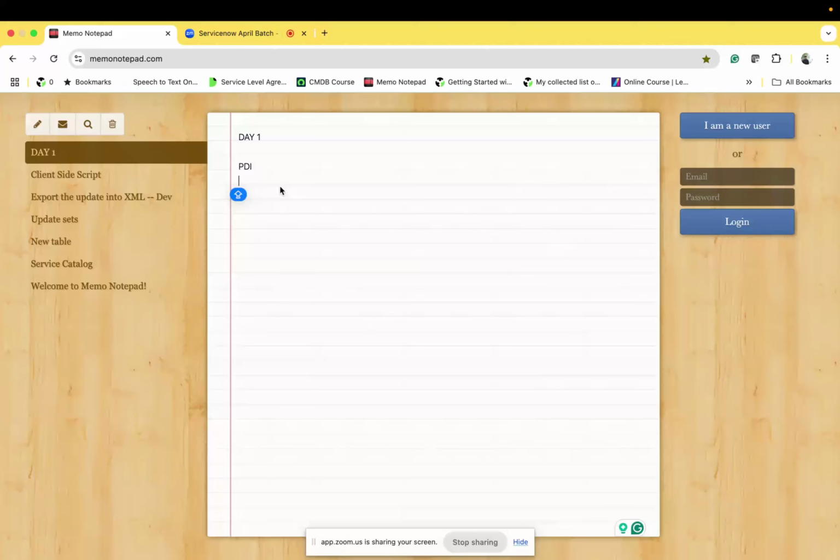So to create a PDI, first we require one Gmail account. I hope everybody has a Gmail account. A Gmail account is enough to create a personal developer instance. Once you have the Gmail account, you can go to Google